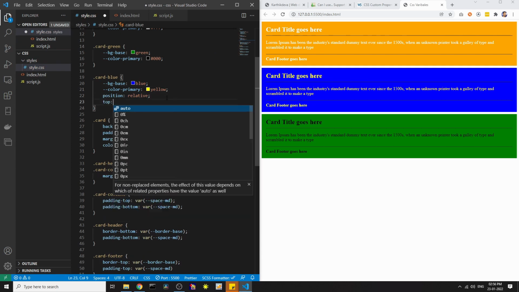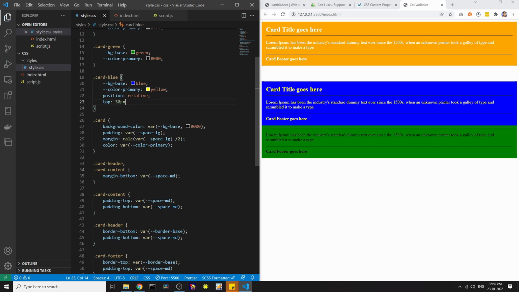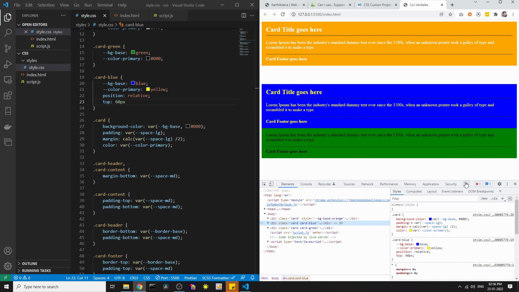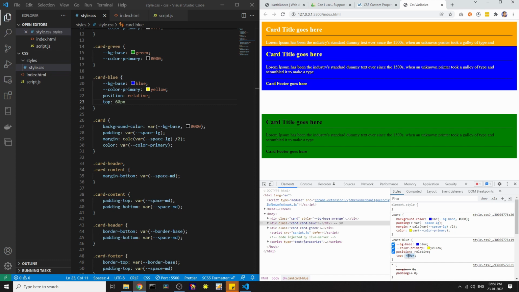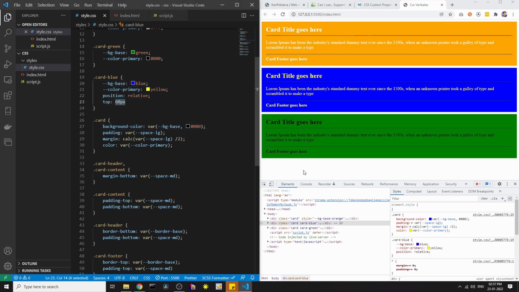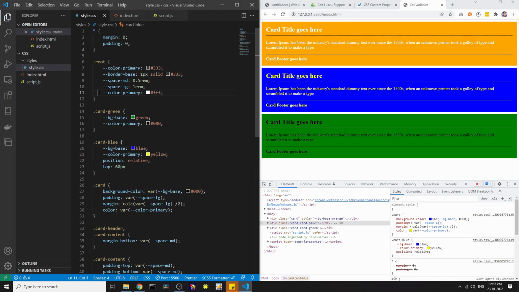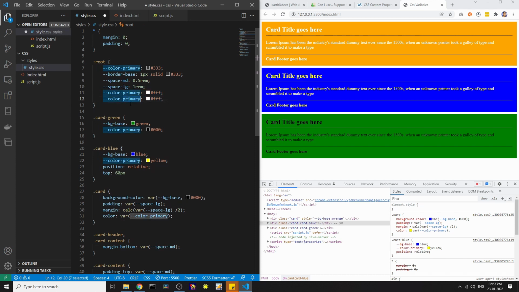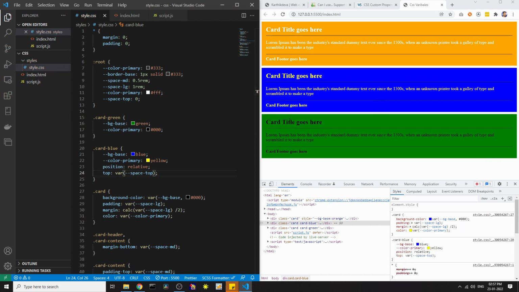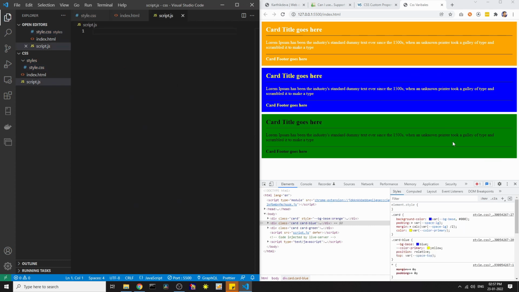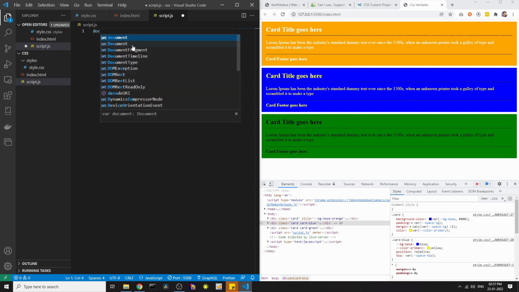Let's say if I increase this top value, it's going to move, right? Similarly, if I do it from the JavaScript file, it will be very easy. This can be done through the JavaScript side as well, right? So let's say by default I give this value. Okay, so by default it is 0. So when I do something, click or mouse over, if you want to move this a little bit down from this level, what I can do is I'll just comment out